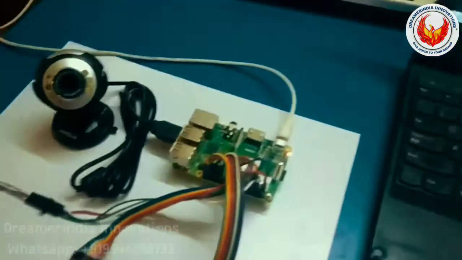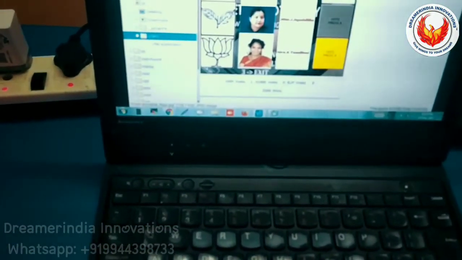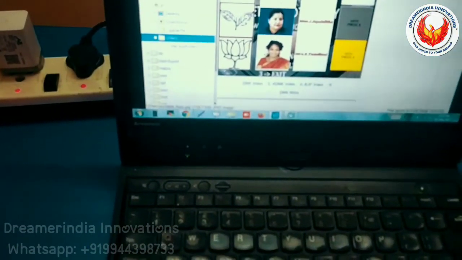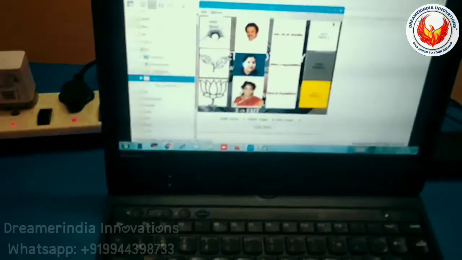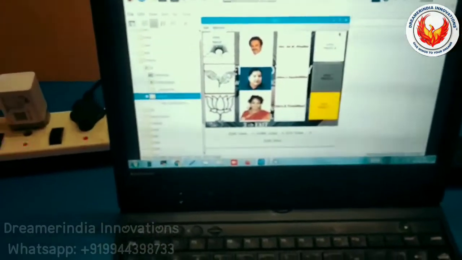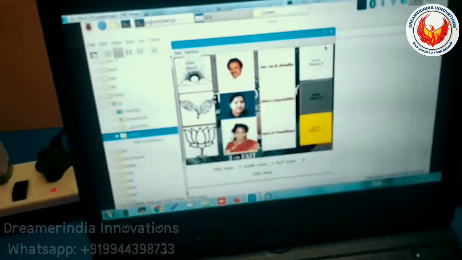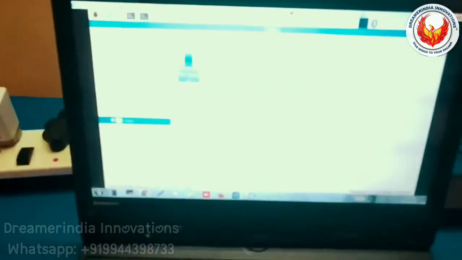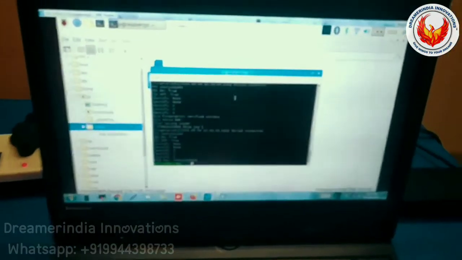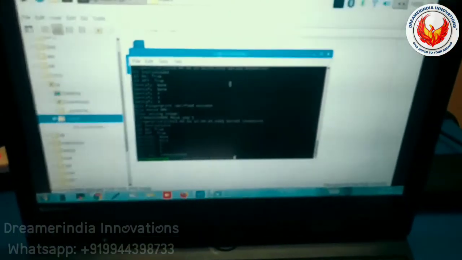Let me check it again. I will turn the camera upwards so that you can get my face. I'm just going back to the mobile application and running the application again. I'm going to close the application by pressing the key 3. If I press 3, it will be closed. Now it's closed, and I'm going to run it again using the command. So it's run again.